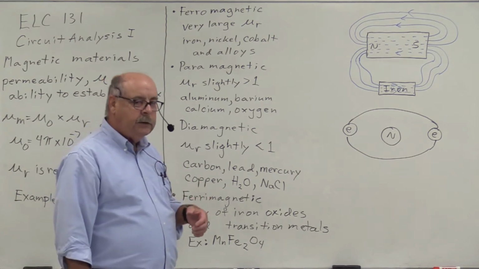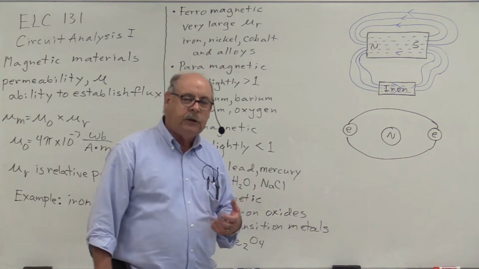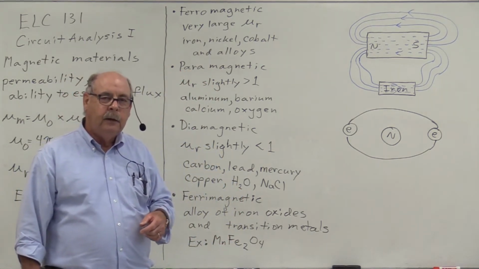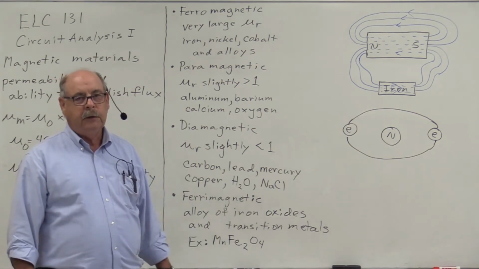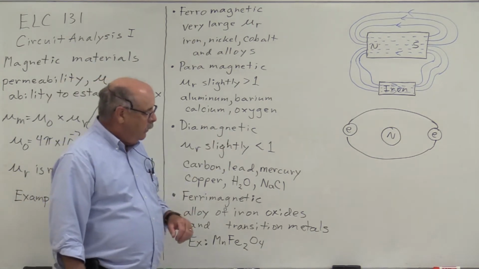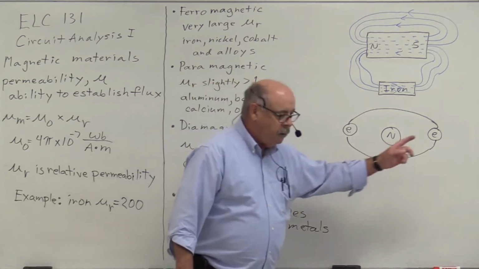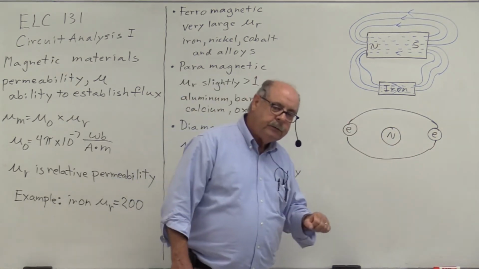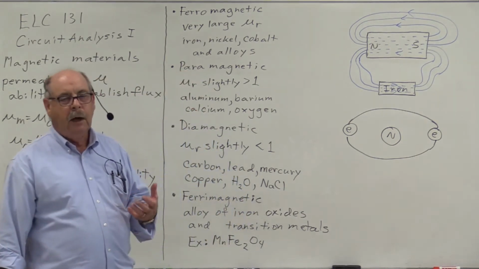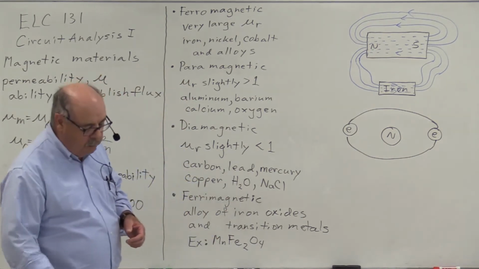Now, why is it that iron is attracted to a magnet and elements such as aluminum are not strongly attracted to a magnet? Well, it all has to do with atomic structure. Now we look at, again, the model of an atom. See the nucleus, electrons orbiting around the nucleus. And what I didn't talk about early this semester when we talked about atomic structure and charged bodies and current flow was that